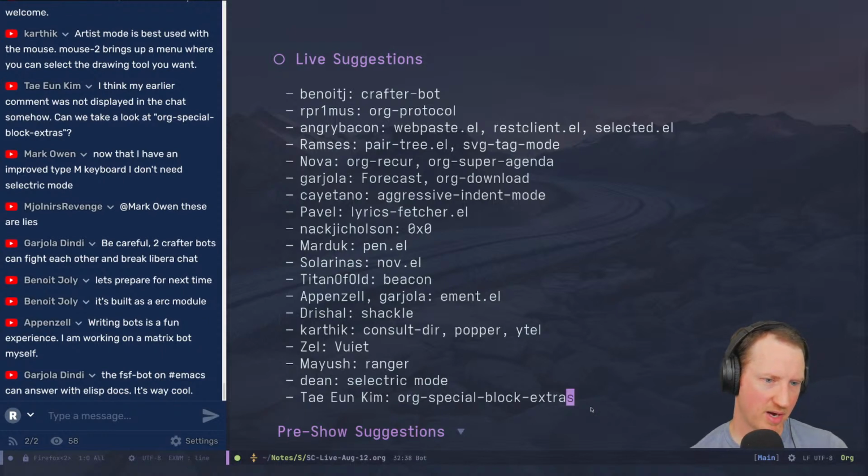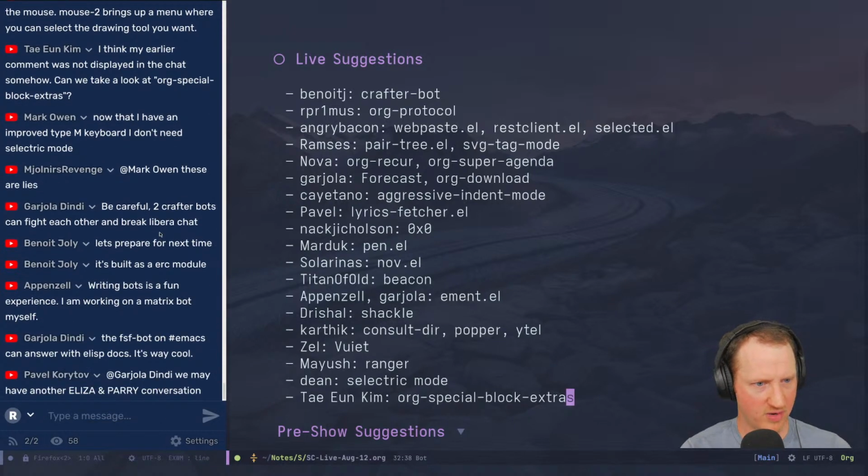The FSF bot on Emacs can answer with eLisp docs. Yeah, I think that it could be pretty easy to do that. Well, let's not say easy. It could be fairly straightforward to do that in CrafterBot as well, I think. We may have another Eliza and Perry conversation. Yeah, I haven't seen that one, but I can imagine the kind of fun that would have.